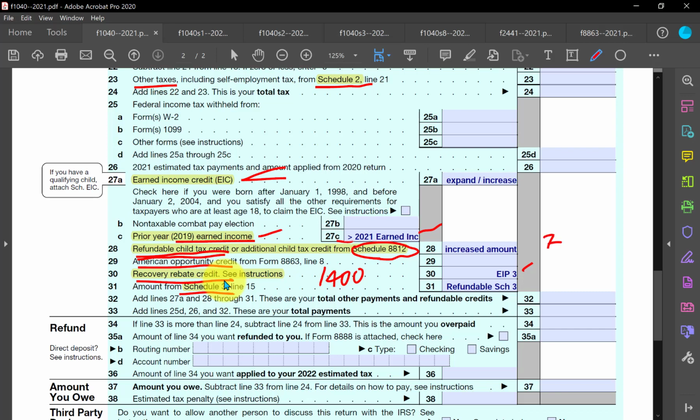And there was an economic impact payment number 1 back in 2020 and a number 2 possibly in 2020. Now in 2021 we got a number 3 payment. Sometimes people call this a stimulus payment, but the correct term is economic impact payment. And these are really an advance payment paid to taxpayers for the amount of recovery rebate credit that's calculated now on their 2021 return. So if you didn't get all of your EIP number 3 because maybe you have a new child for 2021, you're going to now get that credit here on line 30. Or if you got too much credit,